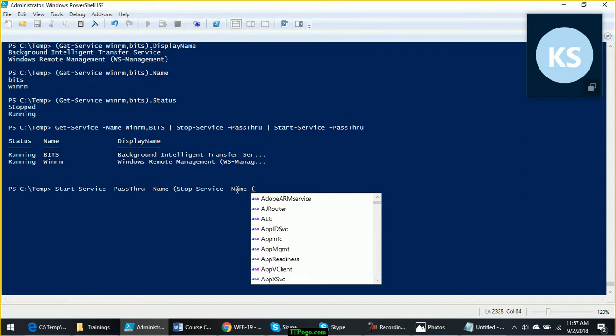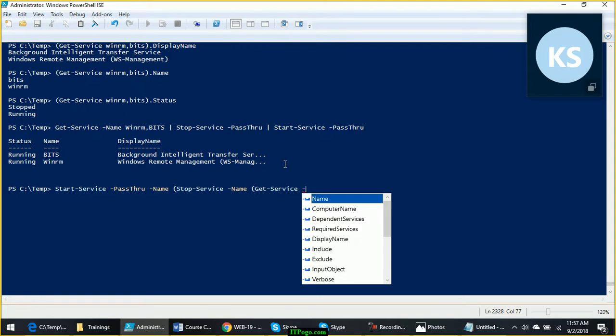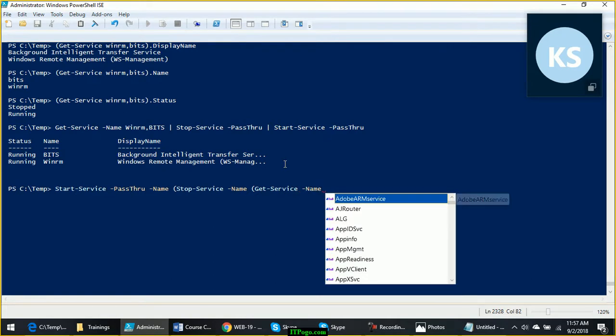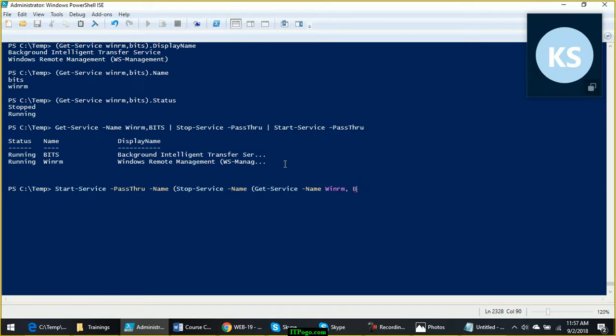And for getting the name we will use the last command, Get-Service. For Get-Service we will pass the names manually, Vinaram, comma, bits.